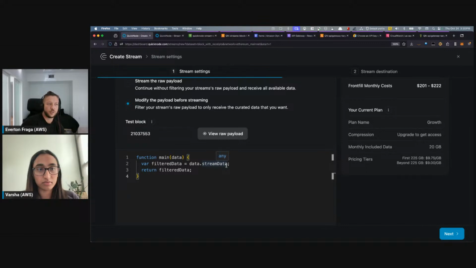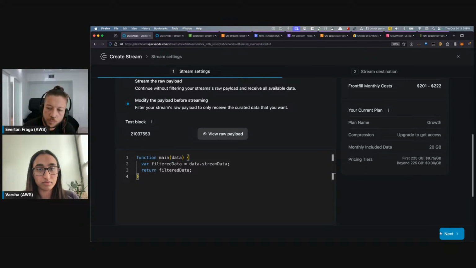So if the total gas limit is 30 million and I only have 15 million gas being used in a block, I'll have 50% returned as the percentage used.